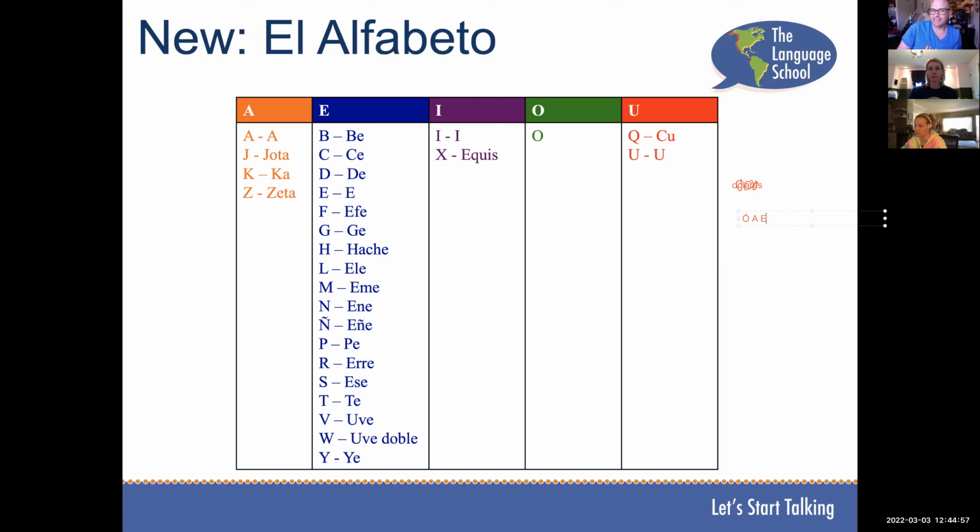When it comes to spelling, remember that almost every letter produces the A sound. It's a little confusing because you're thinking A is like the letter A for us. When we say A in Spanish, we're referring to the letter E. And then the E sound is our I sound. So if you're confused about this, there's good reason, because some of these are kind of reverse from the way we say it in English. So that's why I always say, go back to those five vowel sounds, A, E, I, O, U.